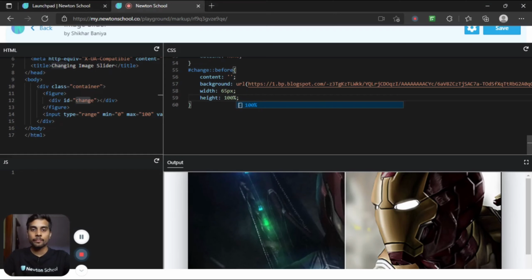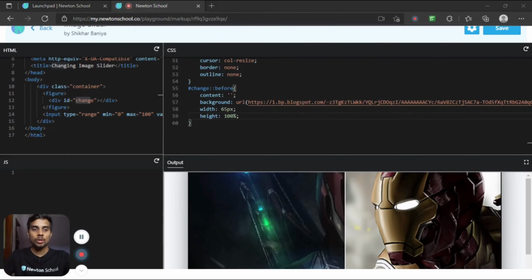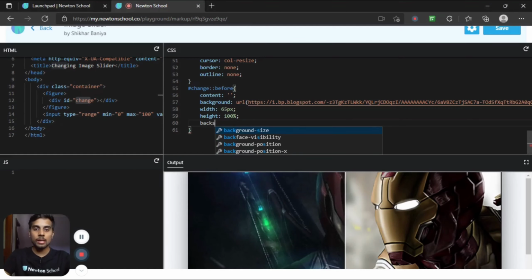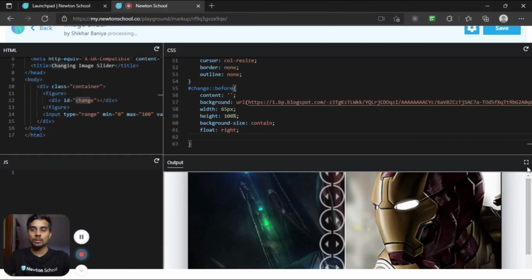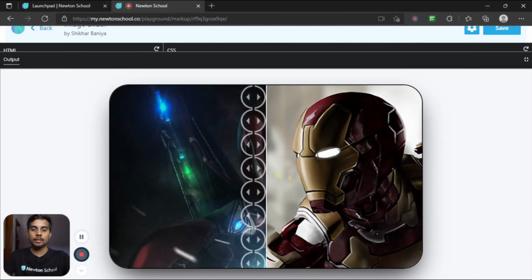Also, in order to see that, we have to set the background-size property as contain, and float it to the right. So as you can see, we got to see this slider icon.